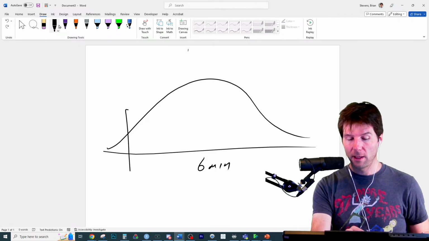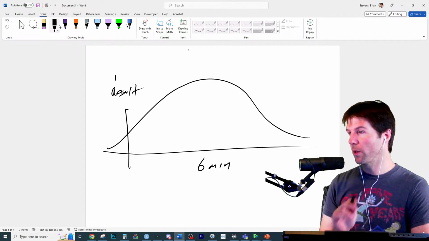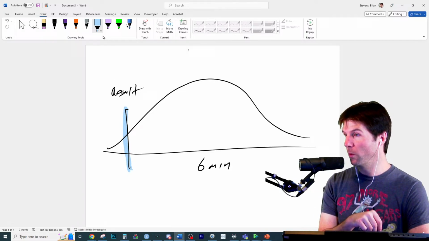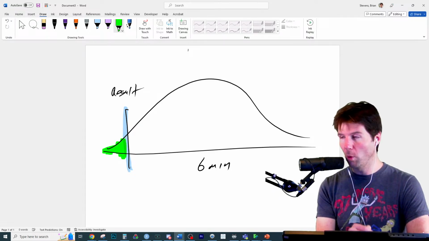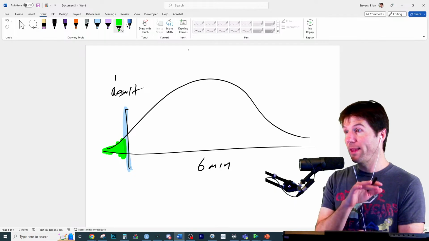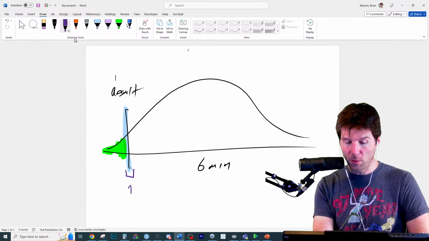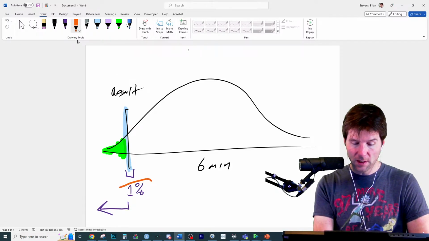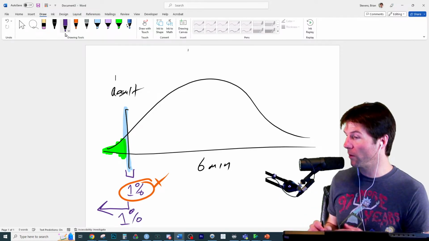They're saying if you have a result right here. So here's the result. And this result has a p-value of 0.01, which is the probability of the result or the result less than. So the way they word it first is that this right here has a 1% probability, but the p-value is the probability of the result or the result more extreme. So this is wrong right here. It's that the 1% is the probability of our result or result more extreme.